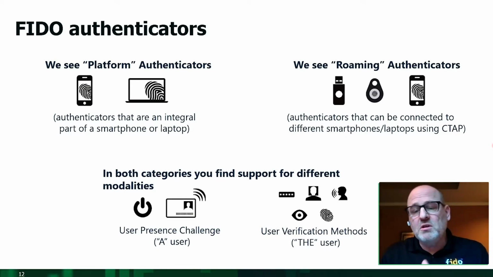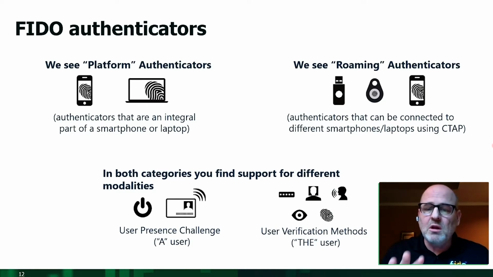And then there's also the notion of user verification methods. So the first was presence, just somebody's there. The next is user verification. And in those cases, you can use PINs, you can have visual face recognition, voice, fingerprint, what have you. So again, there's a lot of variety that you can use for the different types of scenarios that you may have in your environment. And the last thing I want to talk about here to fill in things is to emphasize other aspects of the whole FIDO ecosystem to help provide richness and robustness to the system as a whole.